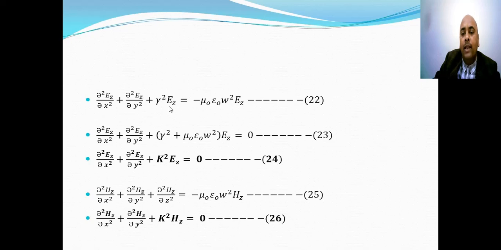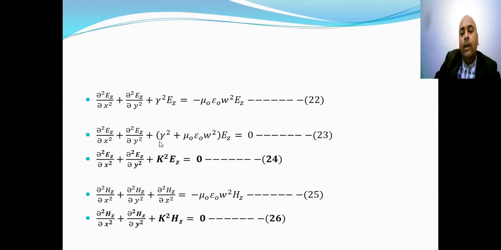So it can be written as gamma square into Ez, which is equal to mu0 epsilon0 omega square Ez. Now by just rearranging the terms, we obtain that